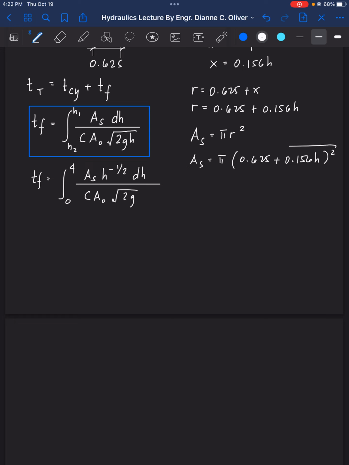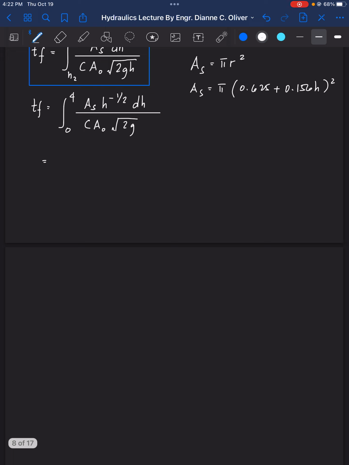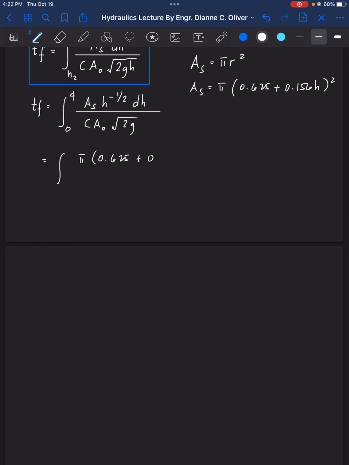And we will substitute this in our formula. So TF now is equal to the integral of pi times (0.625 plus 0.156h) squared, h negative 1/2 dh,